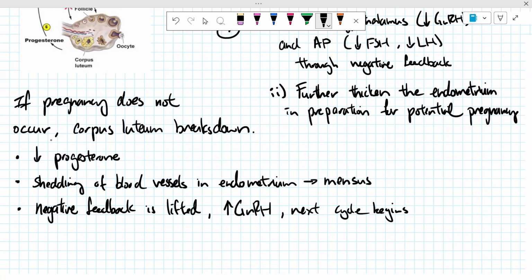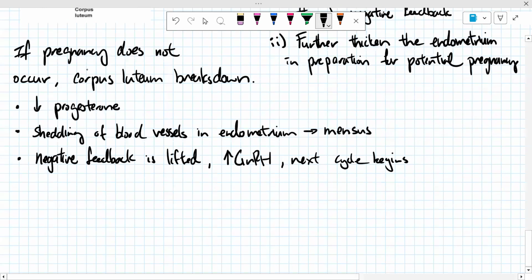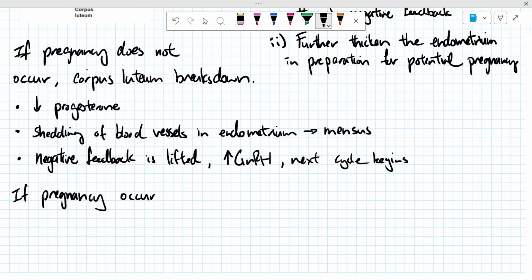Okay, there must be another question, right? Usually, I tell you what happens now. If no pregnancy occurs, then usually people would ask, then what happens if there's pregnancy? Okay, so if pregnancy occurs, right, then